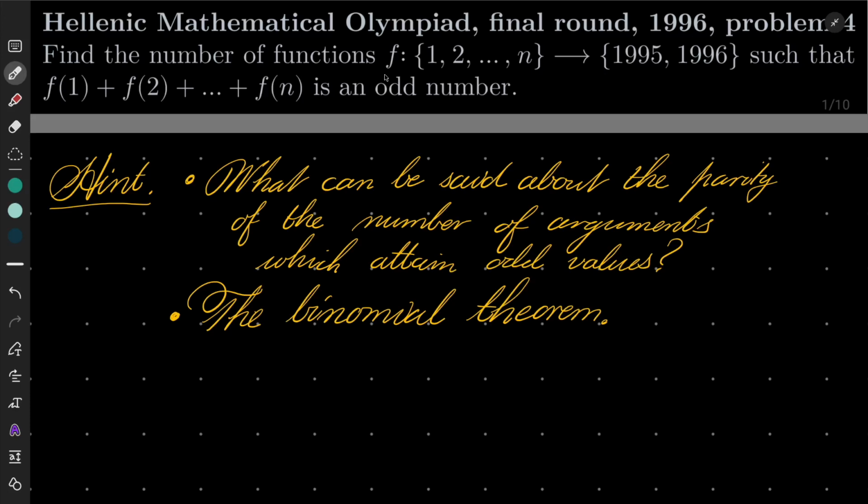Hello friends, in this video I'd like to solve the following problem from the Hellenic Mathematical Olympiad final round 1996, problem number 4, from combinatorics you can say. Find the number of functions f from the set 1, 2, 3 and so on up to n into the set 1995, 1996 such that this sum f of 1 plus f of 2 plus and so on up to plus f of n